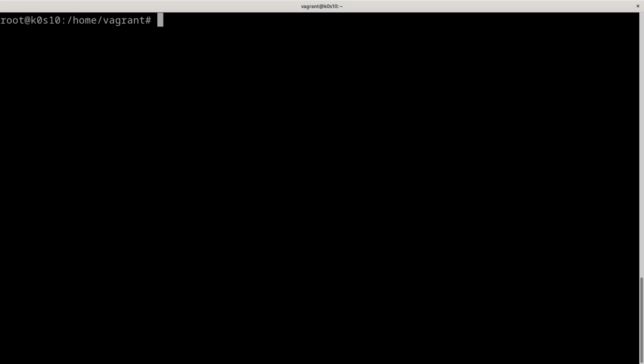So to install it, we want to have only one cluster with a standalone node on it. That means we have a master and a worker on the same node on our virtual server here. So to do that, we just run k0s install controller with the single argument, which means we install the master and the worker on the same node.